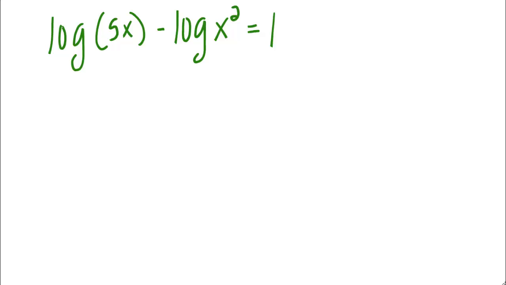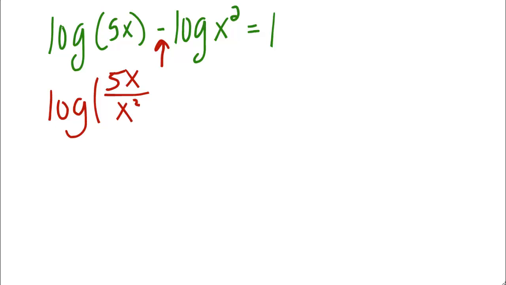This example is again similar, but now I have a difference of logs. And again, we can't go right to exponential form because we have 2 separate log expressions. But again, we can use those log properties we've learned about to combine them into a single log expression. It is the difference of 2 logs. I can rewrite that as the log of a quotient. So there's a real reason that we spent so long on log properties beforehand, because they're coming in handy quite frequently when we're solving. So all I did is I rewrote that as a log of a quotient,